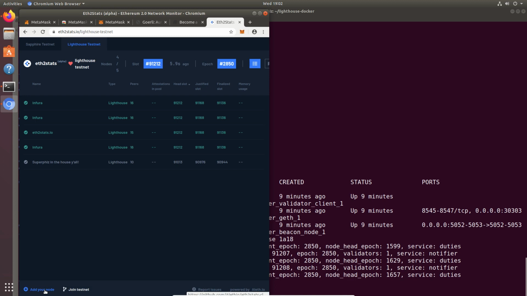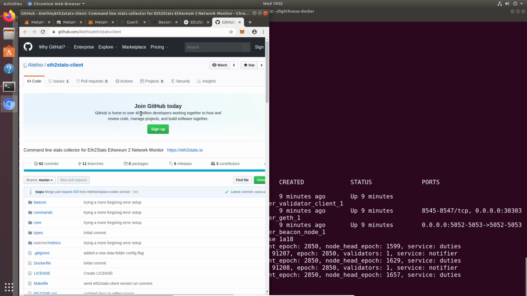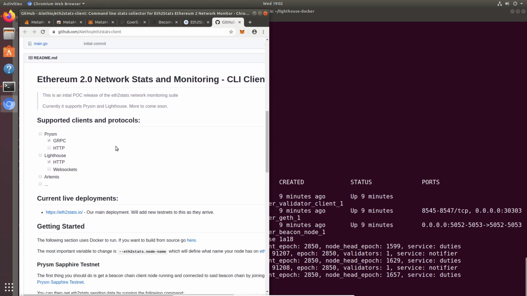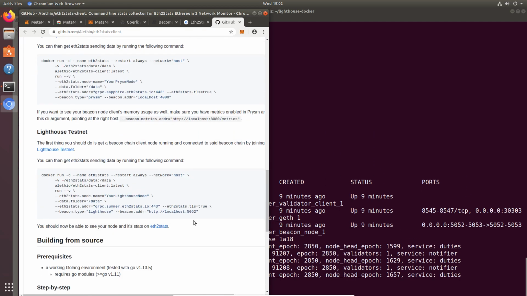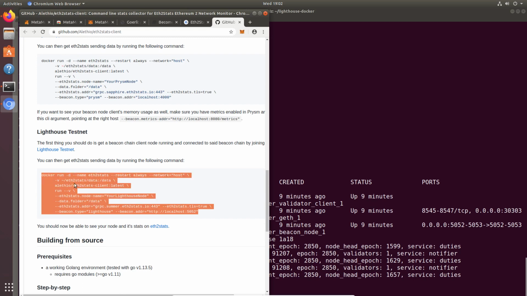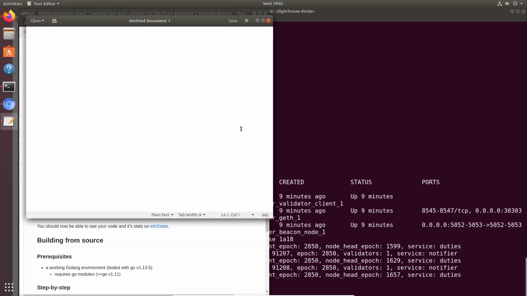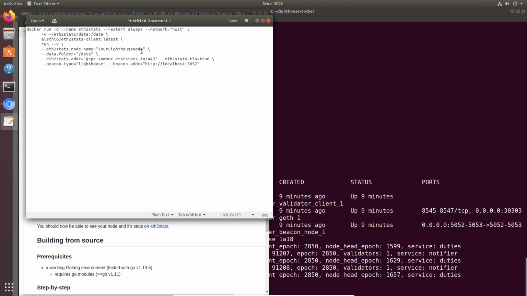To join, we're going to go to add your node and just slide down here to where it says lighthouse testnet and copy this text. I'm going to go ahead and put this in a notepad and modify it real fast. You can do the same. Where it says your lighthouse node, I want it to say